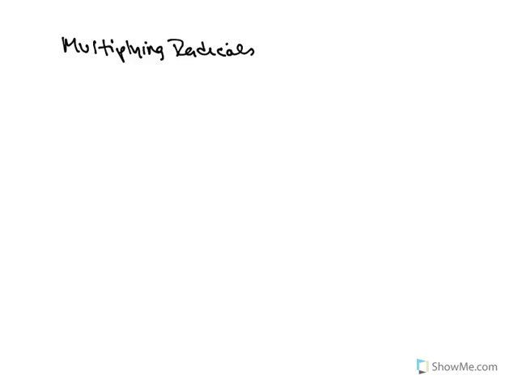Okay, so 10.4 deals with multiplying, really adding, subtracting, and multiplying radicals. So we should have seen adding and subtracting already on the previous video, so now we're multiplying. When we multiply radicals, we're going to apply the same rules that we did when we had just basic expressions. So what I mean by that is